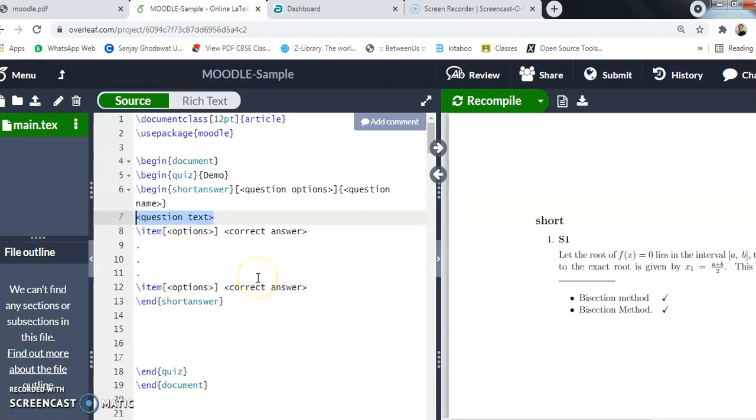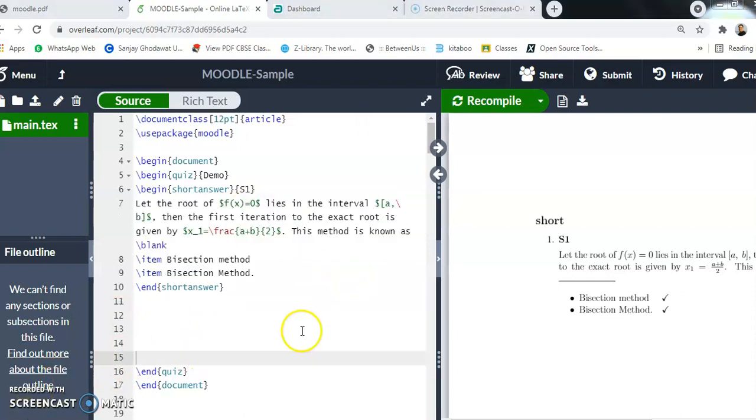Now here you have to give the question text followed by the correct answer. For the correct answer generally you can give only one, but suppose you want to mention a period, or case sensitive, or to include more, in that case you can consider more than one. So this is followed by the correct answer in square brackets, again this is optional. Here you can give feedback, the corrective feedback to the students, or partial grading, that part we can include here. Let us continue with one example.